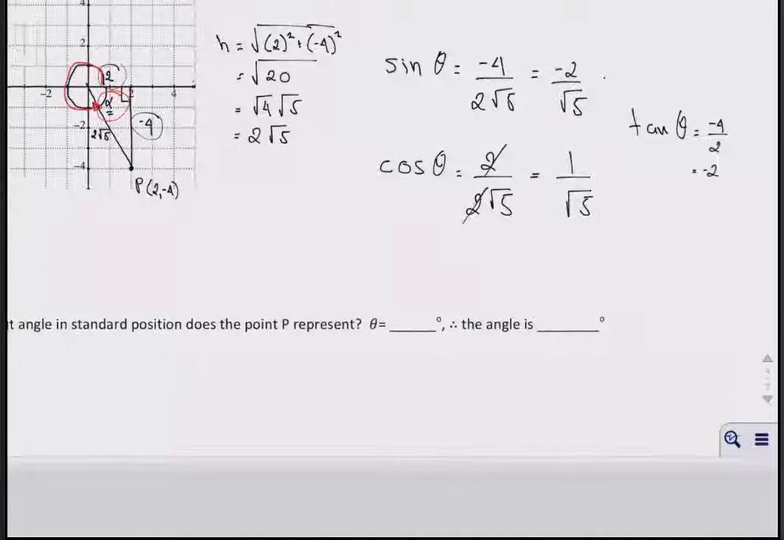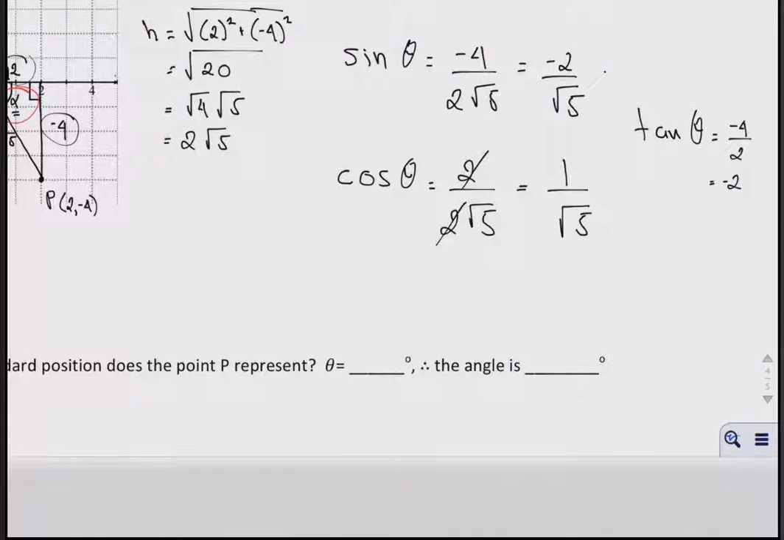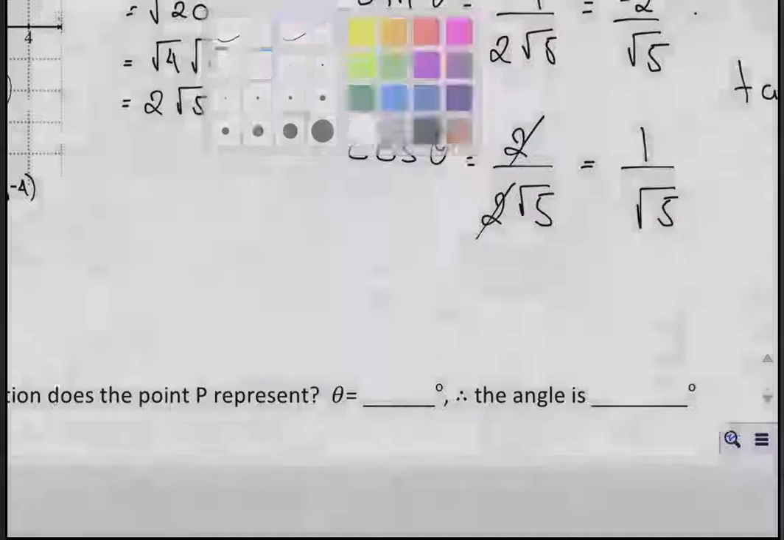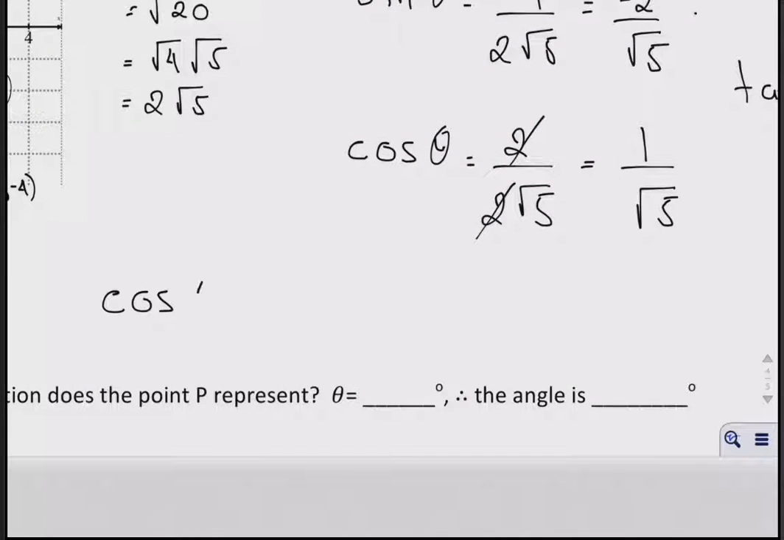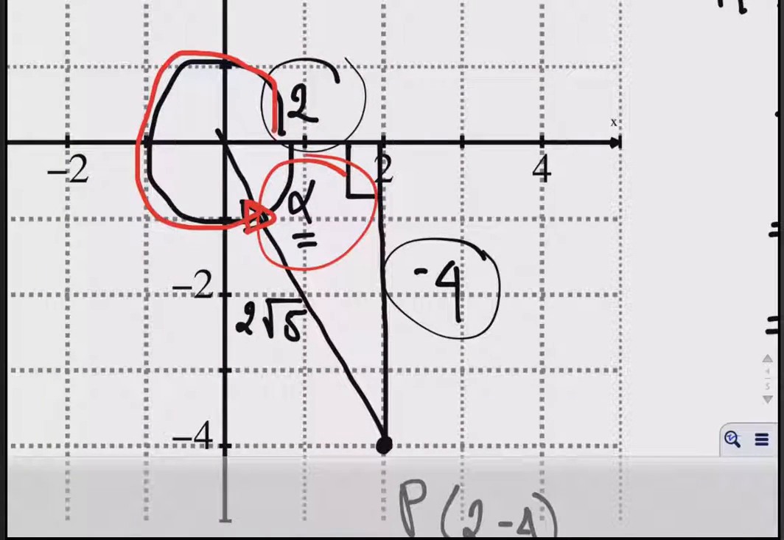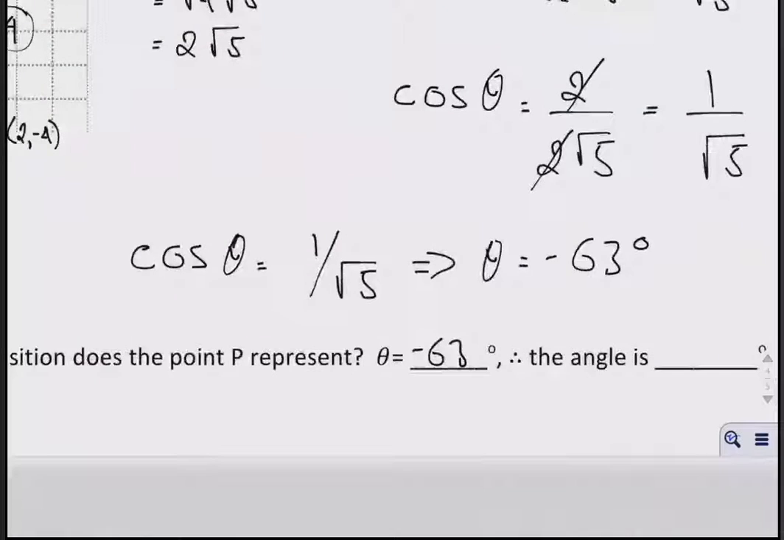So let me take any one of these trig ratios. Okay, say I take cosine theta equals 1 over √5. That tells me that theta in this case is going to be 63 degrees, which is my reference angle. So I know that this here is 63 degrees, which means that from the positive x-axis to there, I get 360 minus 63, which is just going to be